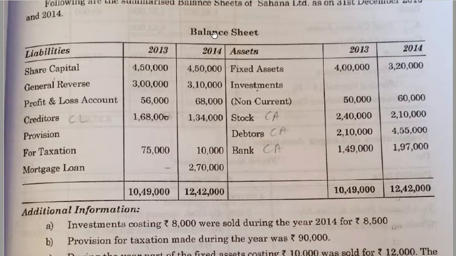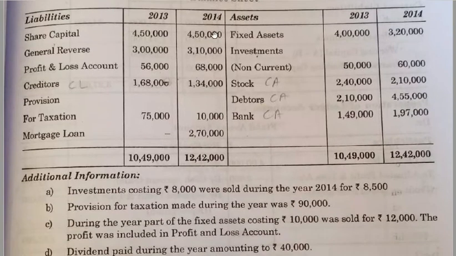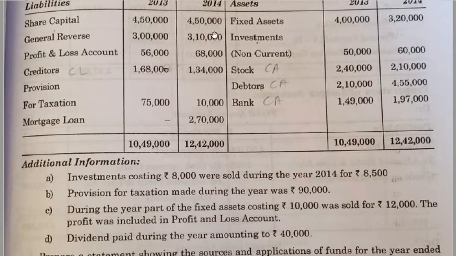Share capital will go in your fund flow statement. General reserve, fund flow statement. Profit and loss account, it is the opening and closing balance of your adjusted profit and loss account. Creditors, it's a current liability. Provision for taxation, so just see if there are any